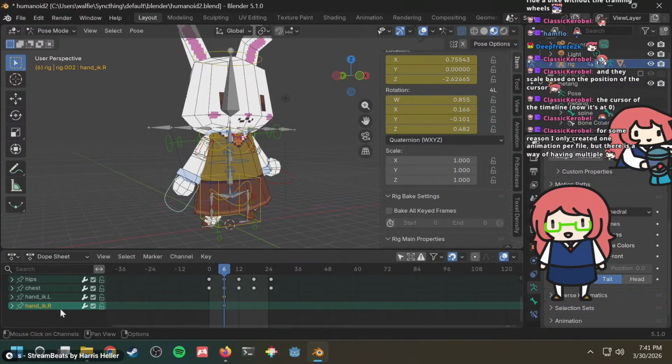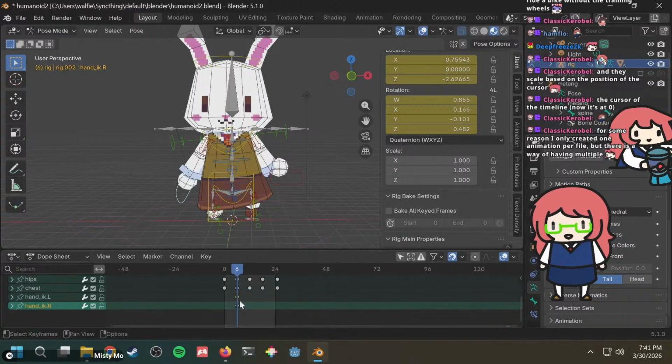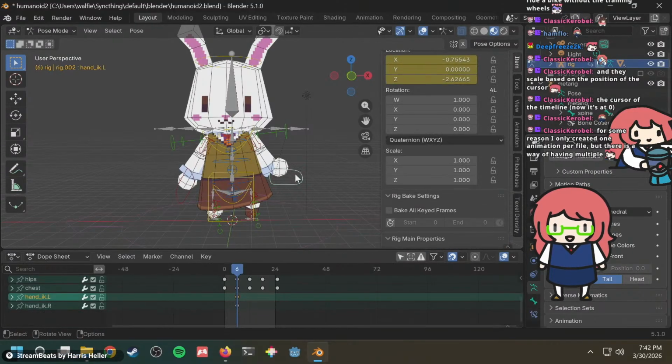Does this also need a keyframe? How do I make the rotation of this? I was like, this hand is not rotated. This one is. Does this keyframe not include that rotation? It doesn't. It does not appear to include that rotation for some reason.